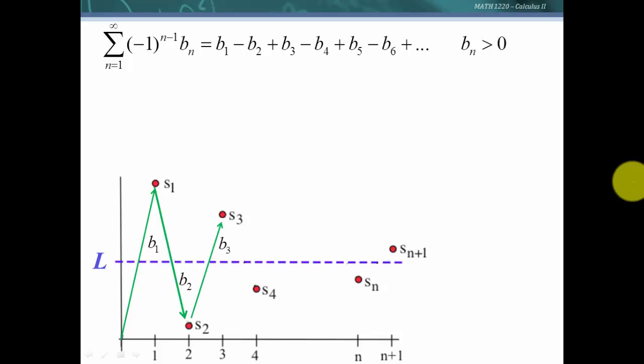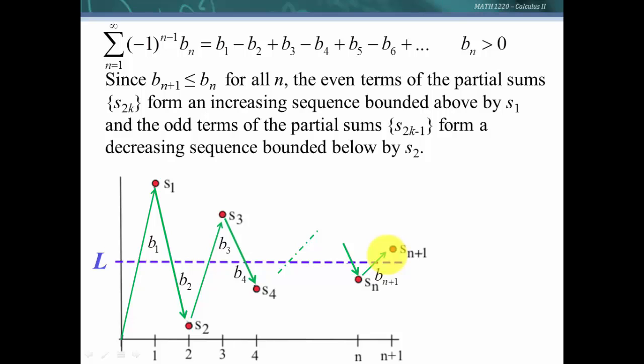Then b sub 3 we will be adding, then we'll be subtracting. We're going to continue this pattern, and here we will look at the b sub n plus 1 term that we added. Well, as we look at these partial sums, let's look first of all, since these terms are less than or equal to the term in front, the even terms of the partial sums form an increasing sequence